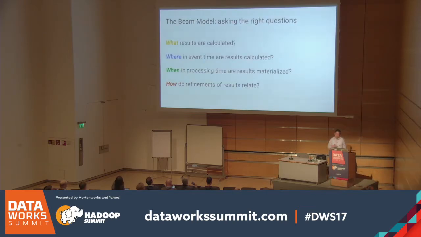So this is a hard problem, but to make it a little bit tractable, we are really focusing on separating the problem into 4 distinct questions. We are trying to give clean APIs that separate these 4 notions. The first notion is what results are being calculated. So this is really your business logic. Are you doing sums, joins, histograms, machine learning models? This is really your own custom business logic that doesn't really change